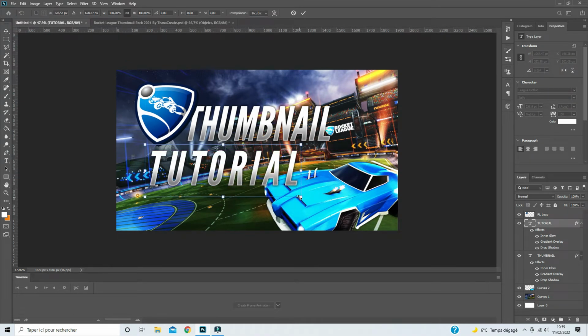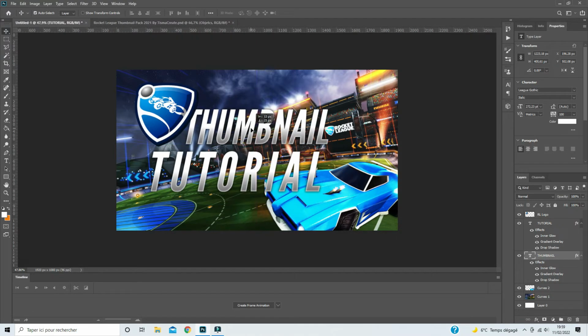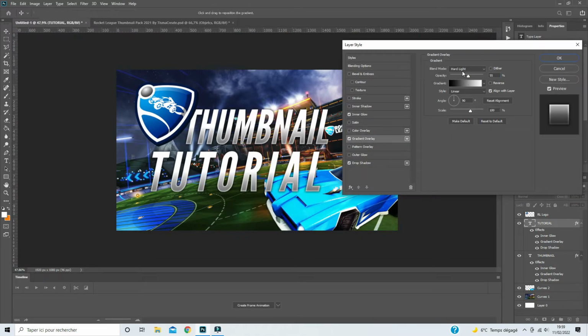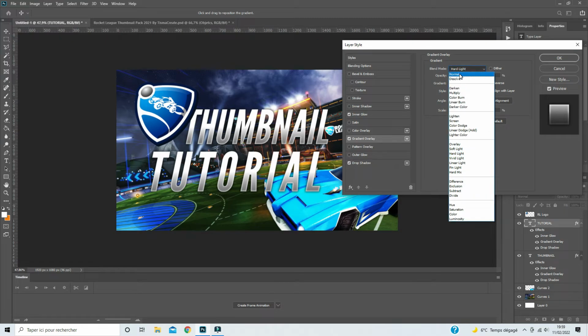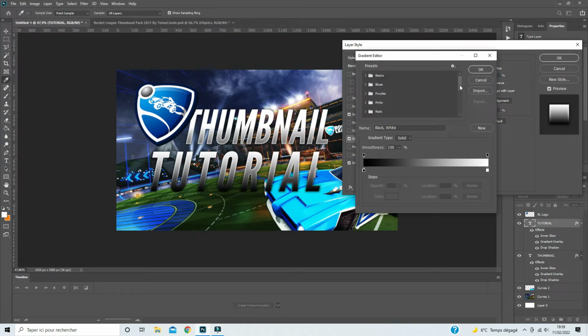So yeah, I'm just gonna scale that up like that. Just gonna move that down a little bit. Like that, it's looking pretty good. So I'm gonna go to the tutorial text, double click on it, and I'm just gonna change the gradient. So put the blend mode on normal, set the opacity to 100%, and go to arrange,